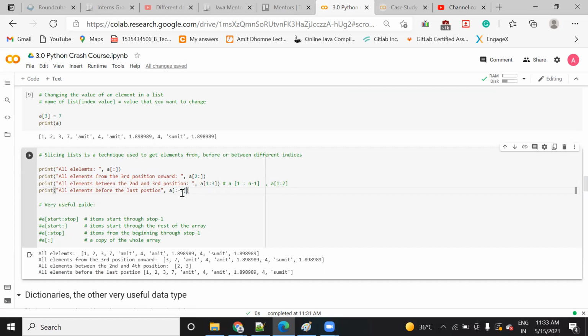Now always remember, minus is used when you want to print the elements in reverse order. Here you can see when I use all the elements, I have not specified anything before, but I have specified minus 1 here, so it will start from the end. Minus 1 in the sense the last index, so it is printing in this way.